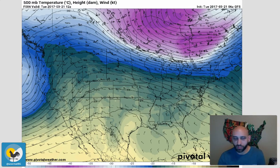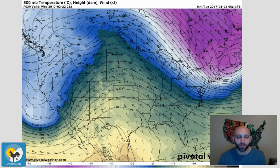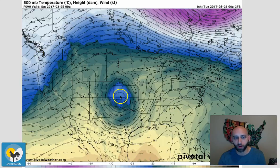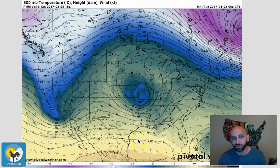Taking a look at the upper levels of the atmosphere, that can illustrate a little bit better what we're going to be dealing with. As we progress throughout our Wednesday and Thursday, really not much going on, but here comes that cutoff upper low across the Great Plains. And as you can tell, this is valid for Friday evening. It's going to take its sweet time, but as it's continuing to churn off to the north and east,